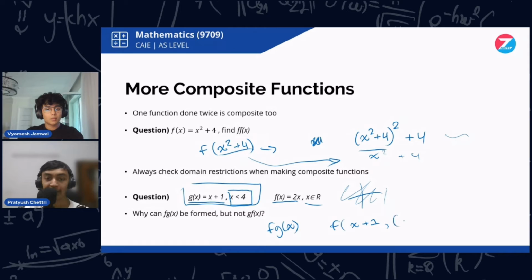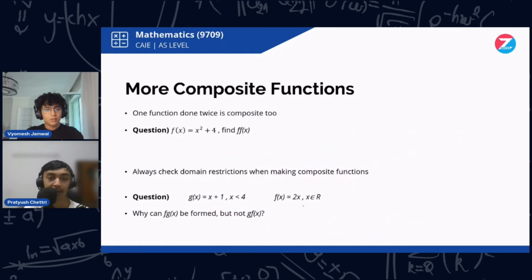You don't need to put the restriction in the bracket, but you probably shouldn't, it's just to illustrate the point here. x is less than 4. So this is fine and dandy because g is already restricted, and we're putting in the function, and there's no issue. Everybody's happy. But if we do g of f of x,